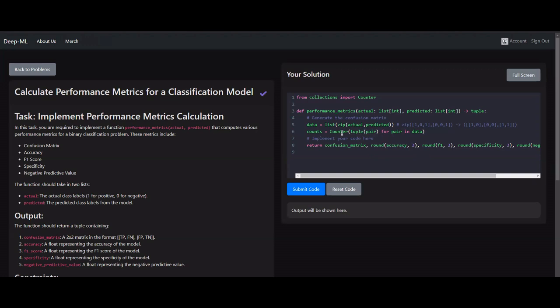You can only have tuples. And there's a whole reason why that happens. I'm not going to dive into that in the video, but that's the main idea. Okay, now, because we want to generate our confusion matrix, what we have to do is we have to get